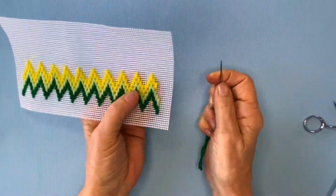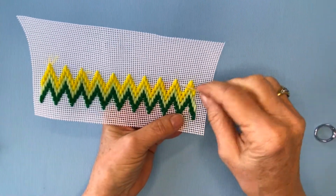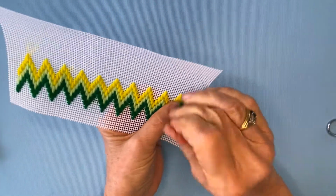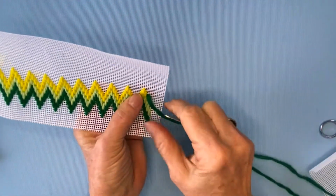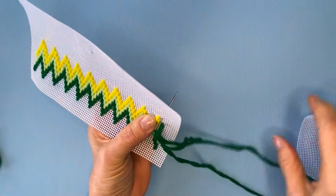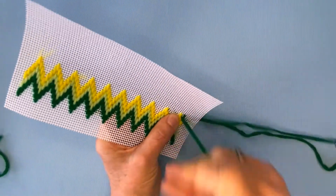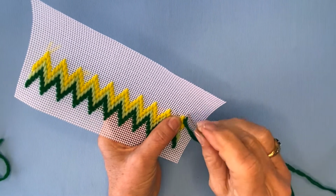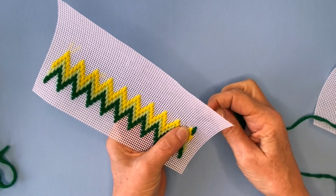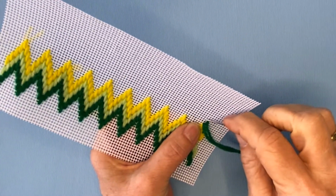So we're going to do our progression here, and as you can see, I've already done my different color scheme and decided, well, let's go on to the next row. Simply what you do, follow the same basics. You're going to start at the top of your stitch, go up 3, and see, now we're just following the previous row. Very easy. Pulling taut but not too tight. Going into the top of the stitch of the previous row, going up 1, 2, 3,